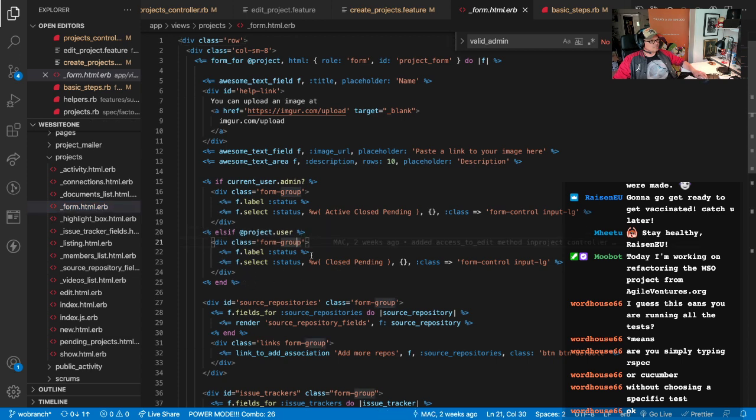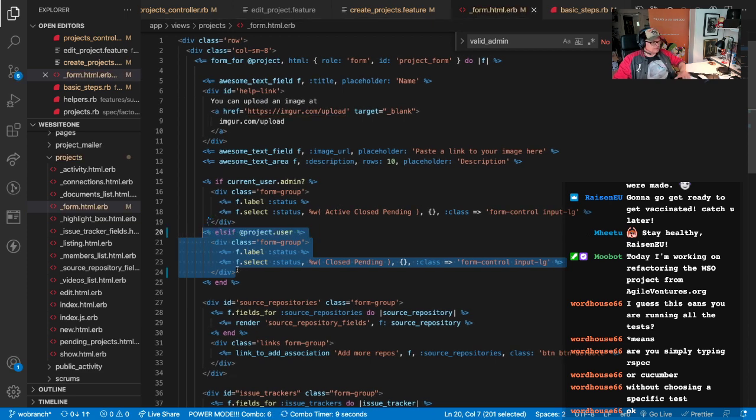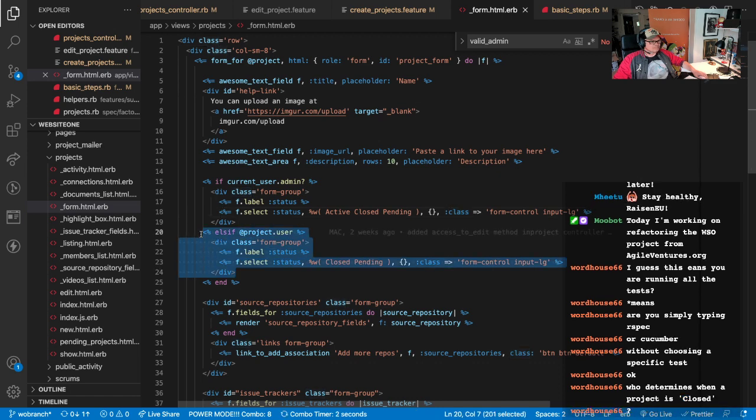Okay, so here we don't even have how to show this to them. I don't think we want to show this to them at all. Yeah, exactly. First of all, who determines that? We don't know that. Well, I guess the project maintainer